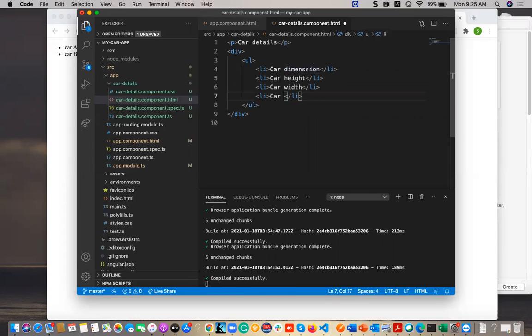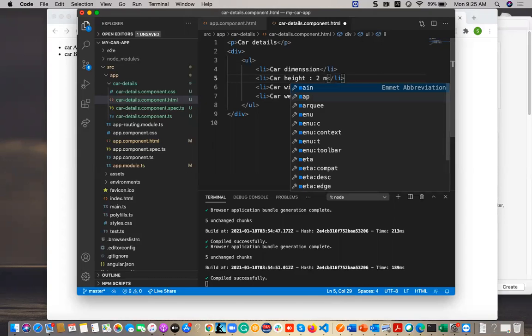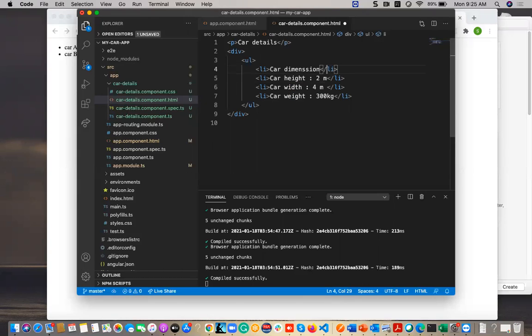Car weight, some 200 kg, 300 kgs or something. 4 meters length, 2 meters length, and dimension some 2 into 3.